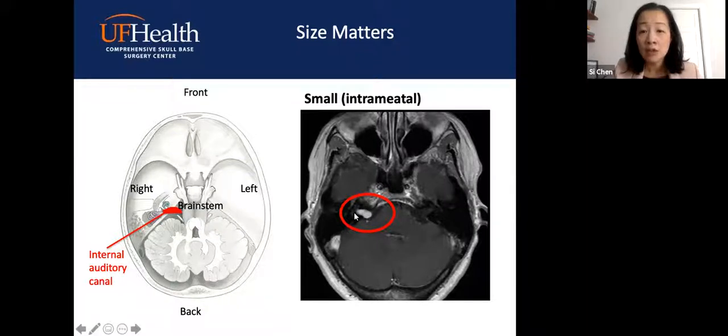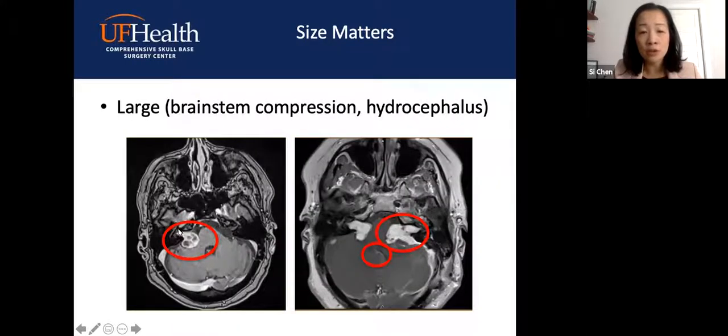You can see the anatomy, it's related to hearing and balance, and it is also touching the brain. So the size of it matters, because you can have a little bit larger tumor and a medium size one that's touching the brain stem. And when it's relatively large, this patient actually is an NF2 patient with 2 tumors on both sides. And this is a relatively large tumor compressing the brain stem, causing what we call hydrocephalus, too much fluid